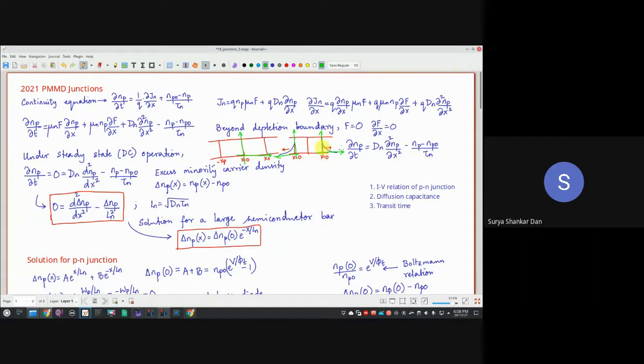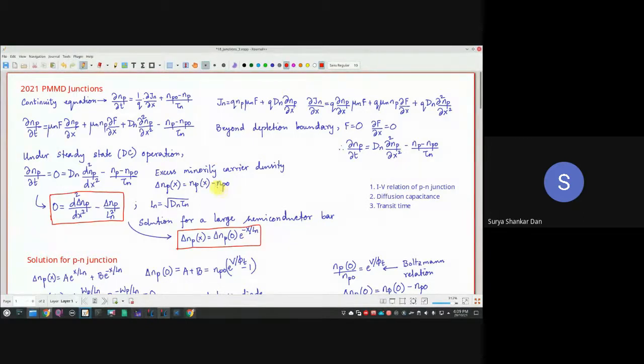We all know this is the depletion boundary, correct? So when we are speaking about the carrier transport, the first thing that you have to keep in mind: there are no carriers inside the depletion region, first of all. Yes or no? There are no carriers. The minority carriers which somehow manage to come to this free region, over there they are going to move. So with this in mind, we will try to develop the model. Just keep that very important thing in mind.